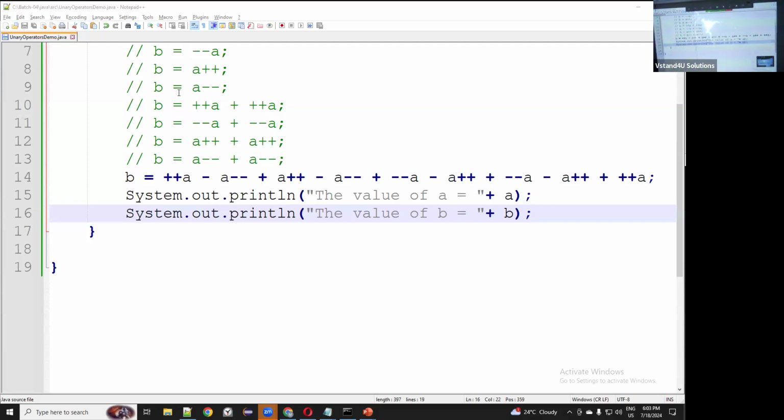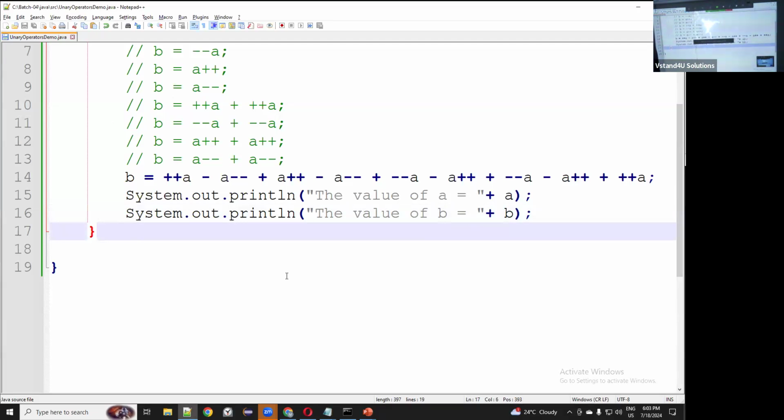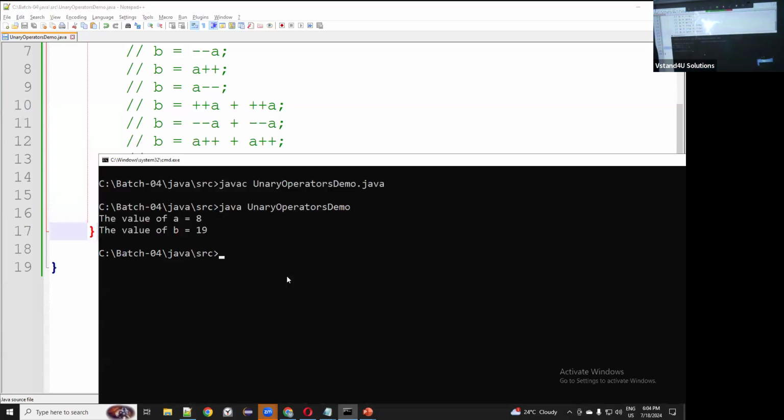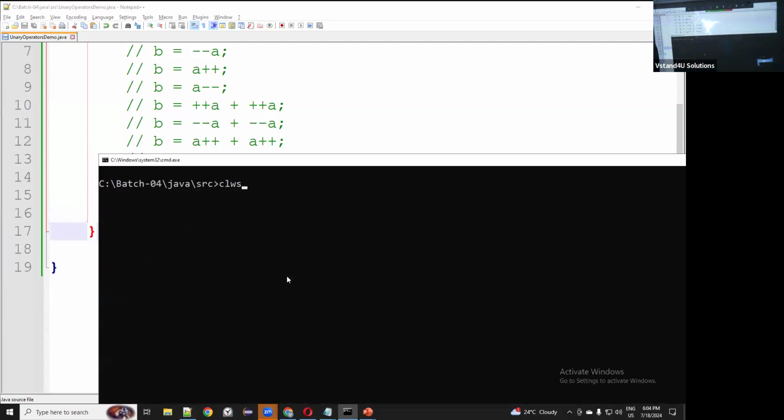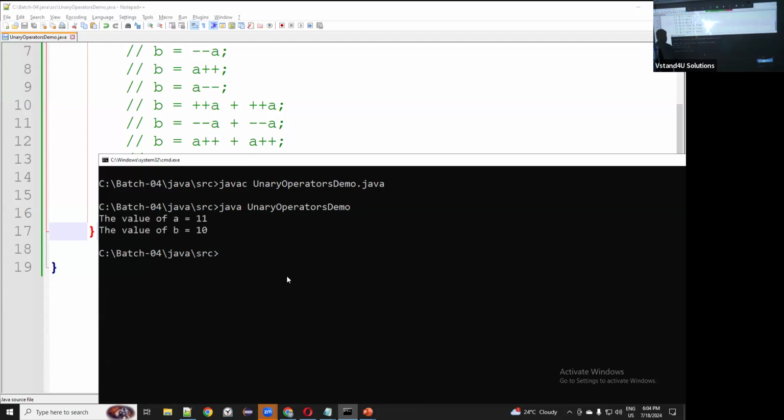As far as A value and B value, shall we cross check? Let me clear the screen. Compilation successful. Execution wise, A is, B is. Randomly I took that expression when I started the discussion of unary.